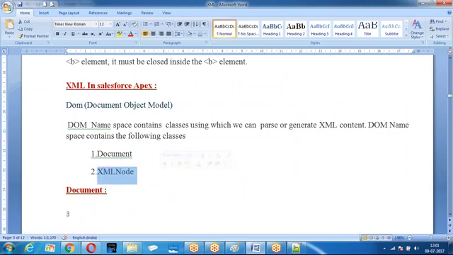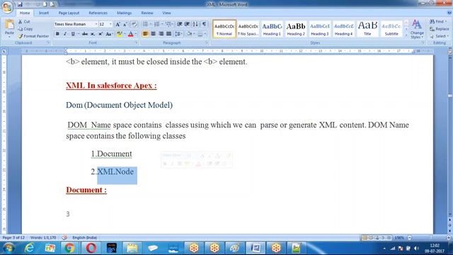Where are these two classes defined? JSON class, JSON generator, JSON parser, all three are defined in the namespace of System: System.JSON, System.JSONGenerator, System.JSONParser. Similarly, under the namespace of DOM, we have two predefined classes.